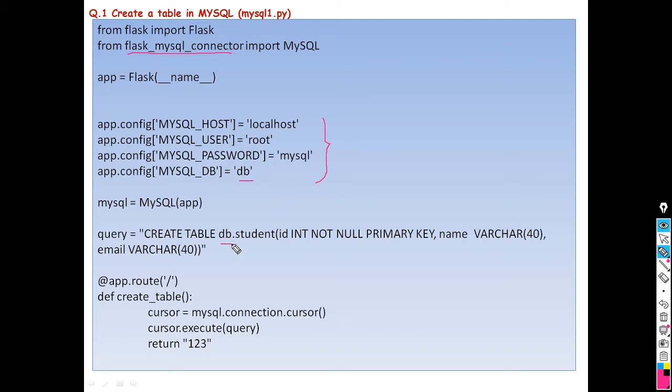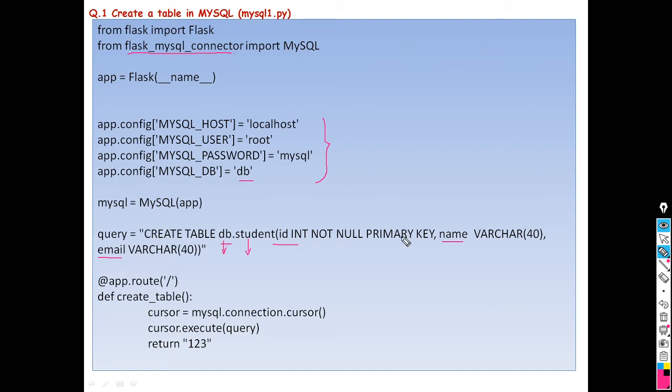We have to use that one because the interpreter should know in which database we are going to create a table. So you should use this database name, db.student. This is the database name and this one is the table name, student. Then the names of attributes. How many attributes are there? Student ID, student name, and student email. The ID has data type integer, int.